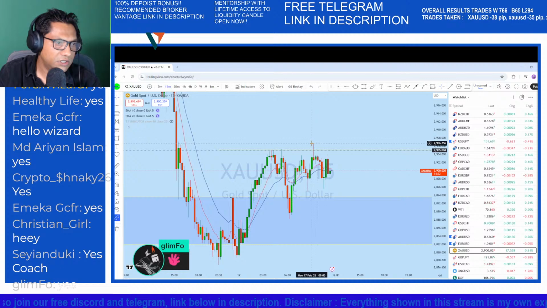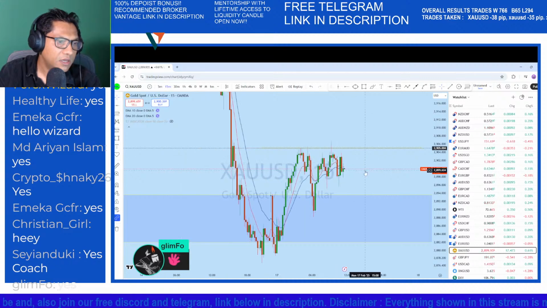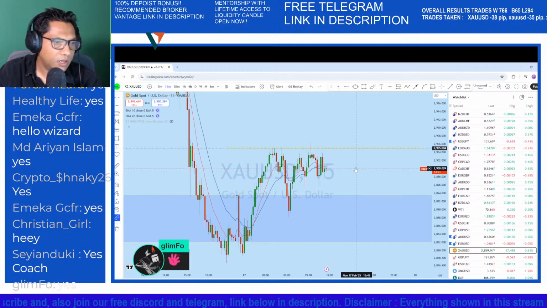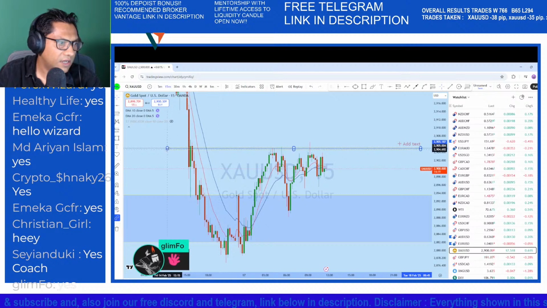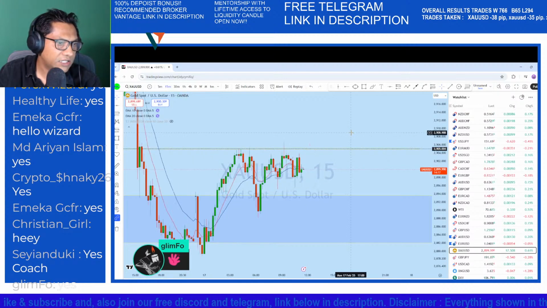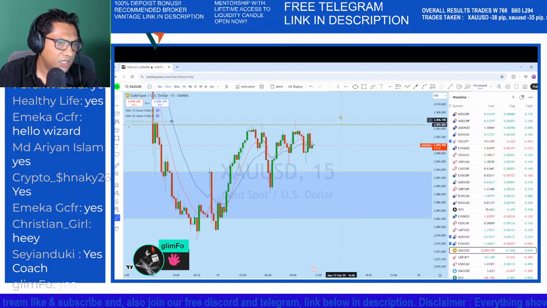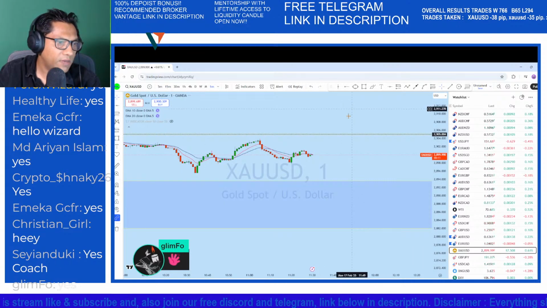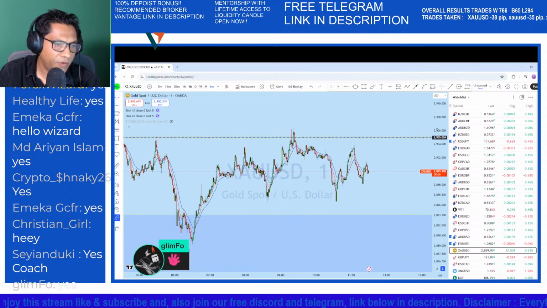So this is a long wick candle here as well. We can see there's quite a few long wick candle formations. So in that zone, as the market approaches those levels, having a strong rejection, expecting XAUSD to potentially drop down in that direction. So looking at the 1 minute chart again to see how the price action is evolving,